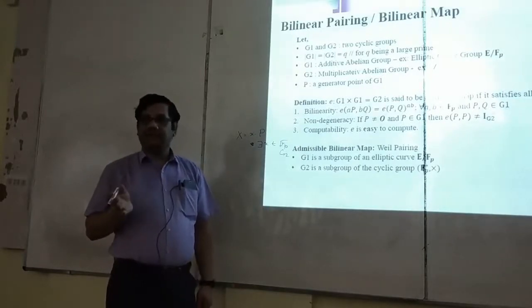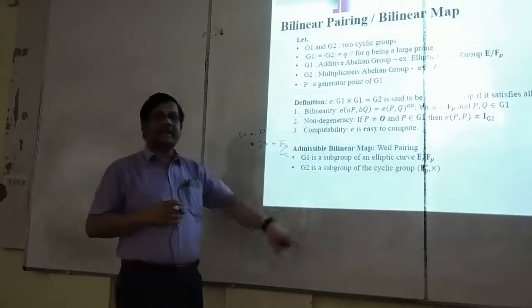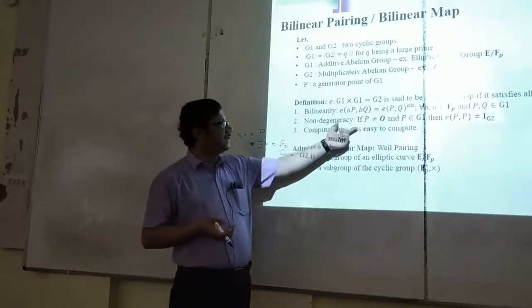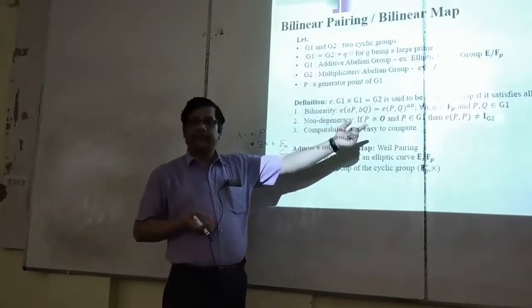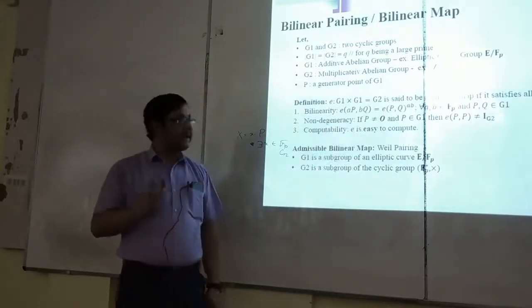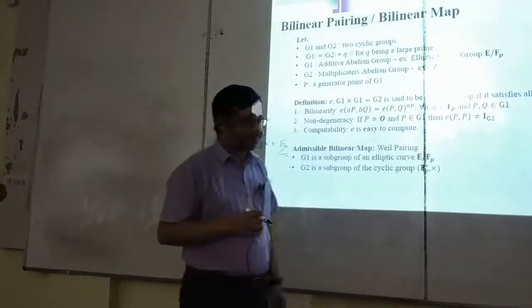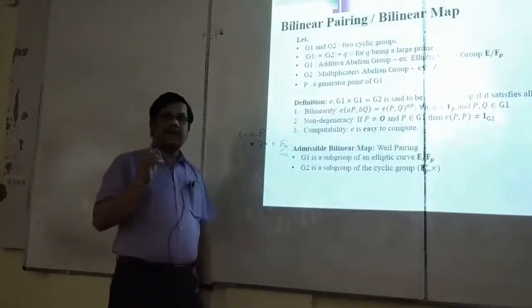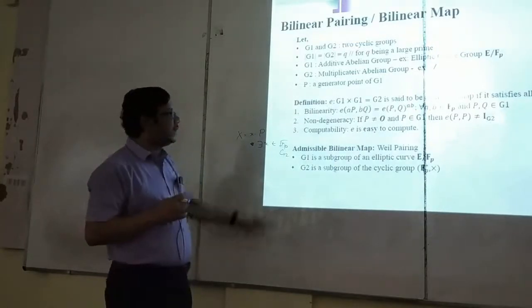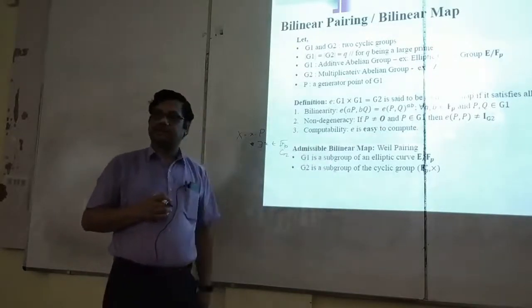See, in many papers you will study, after this you will study many papers, you will see this property is written in a variety of forms. This is one format to state this thing, that if P is a generator and P is not the 0 point, then EPP is not the identity element in G2, stated in this notation I G2. Last class we explained that this is equivalent to saying that when P is a generator of G1, EPP is a generator of G2.